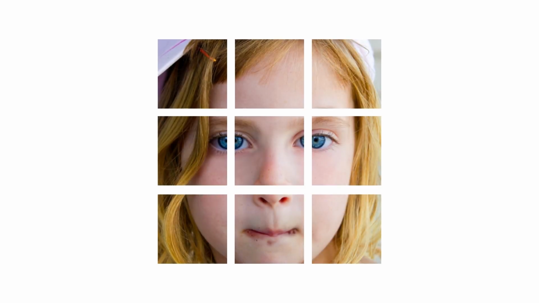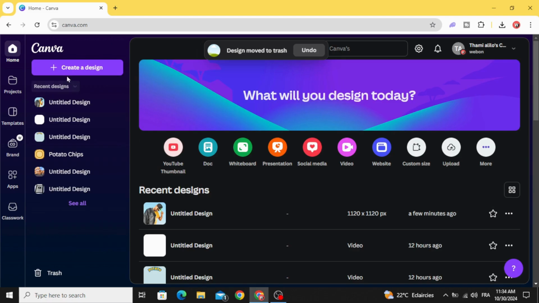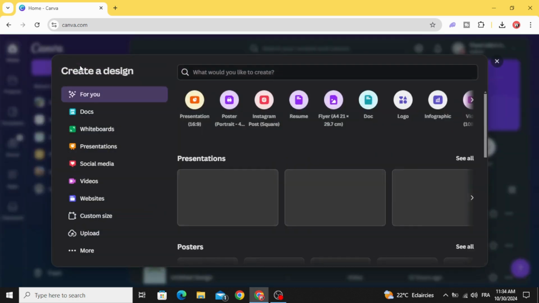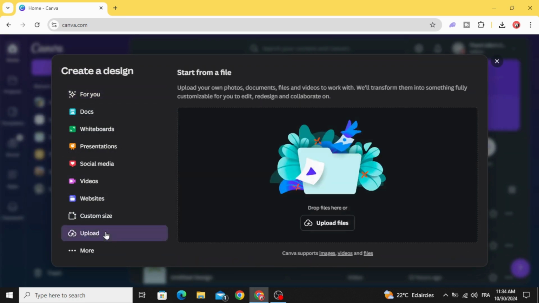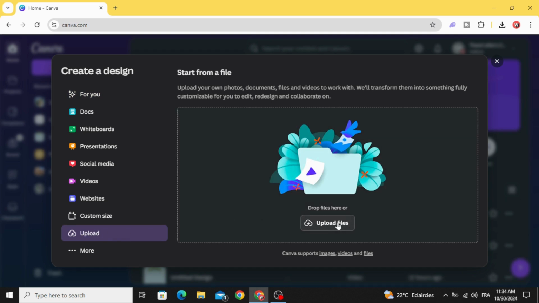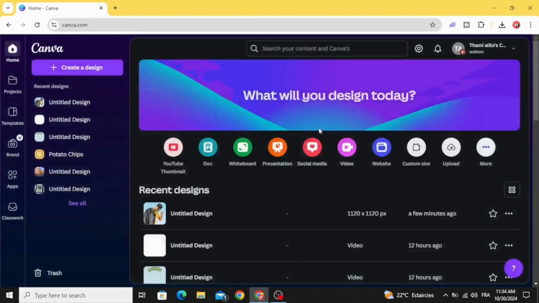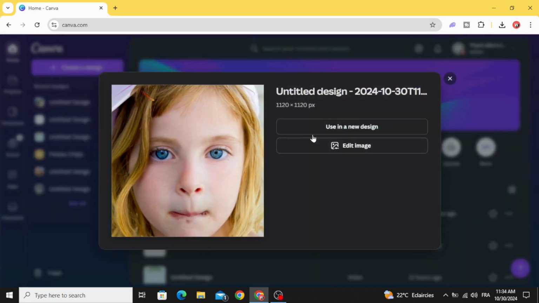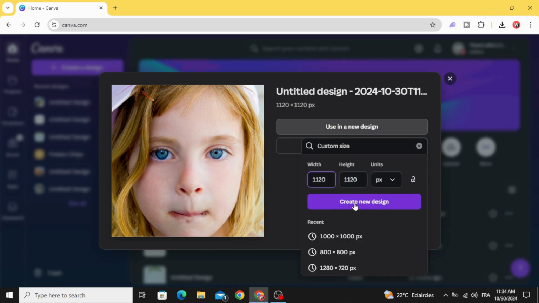Today I'm going to show you how to split images in Canva. Go to create a design, go to upload files and choose your image, click use in a new design, custom size, create new design